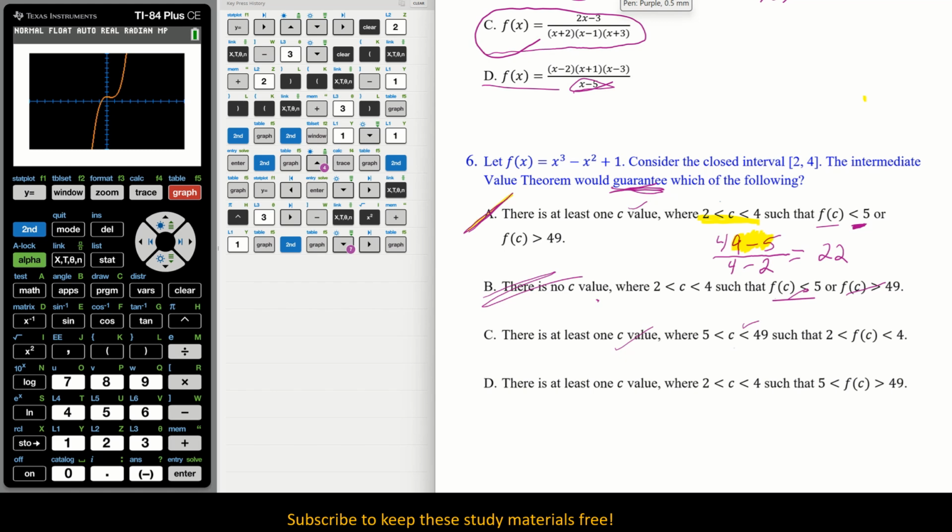You know why? They have this backwards. The C and the F of C. I agree with their equality or inequalities, but not with the values that they're using. So I disagree with that. Oh, I hope D is there. Okay, there is at least one value of C. I agree with that. And they have 2 is less than C, less than 4. Absolutely. Such that, yes, D is it because they're saying that 5 is less than F of C and greater